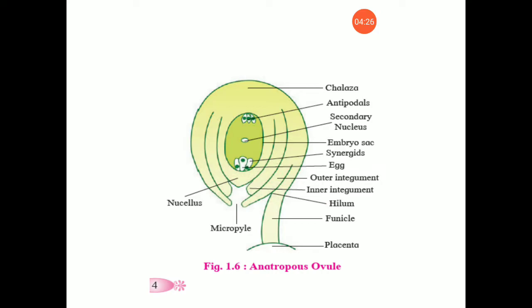Embryo sac is oval multicellular structure embedded in the nucellus. In a mature ovule, nucellus shows the presence of an oval-shaped haploid structure at micropylar end. This is called embryo sac or female gametophyte. It consists of 7 cells and 8 nuclei. There is a 3-cell egg apparatus at the micropylar end